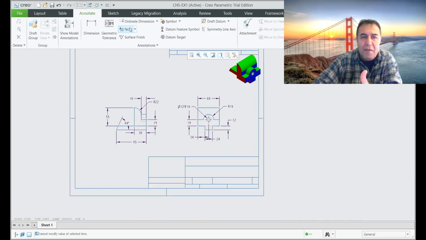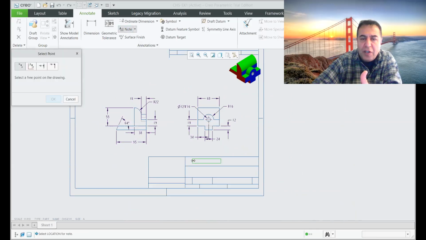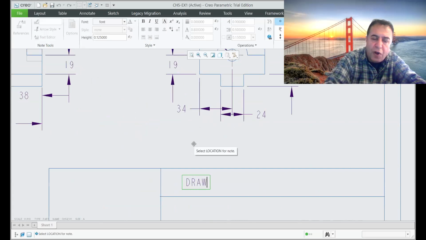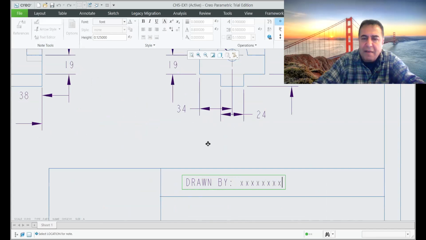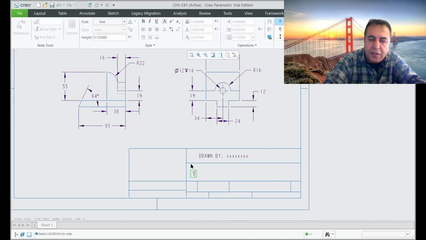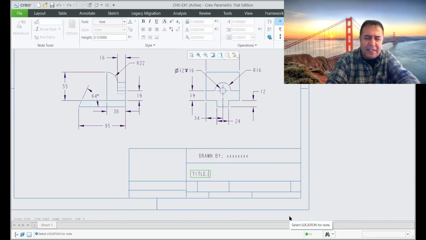So next, if I want to put a note in here, to say who did this, we say DRAWN BY, in capital letters, okay? And put your name and last name, please. Then you click somewhere here, you go to the next one, you say note, and then you say title, then you give the title. For example, I don't know the title, but we're going to say this is chapter 5,